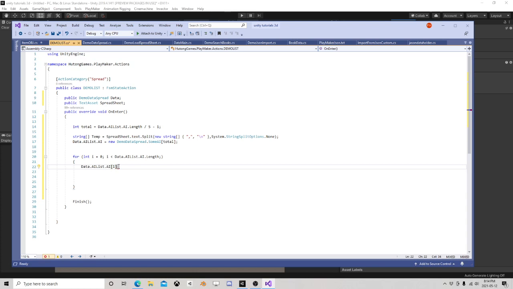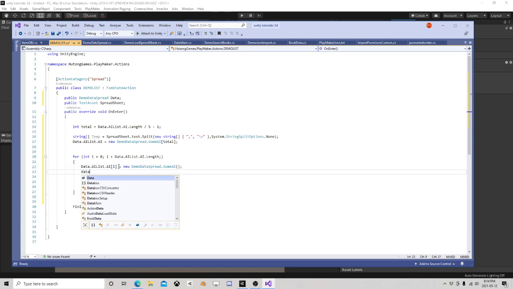So that equals a new AI, because right now it's empty, there's nothing there, right? And then the other thing we need now is data dot AI list dot AI, that same guy,